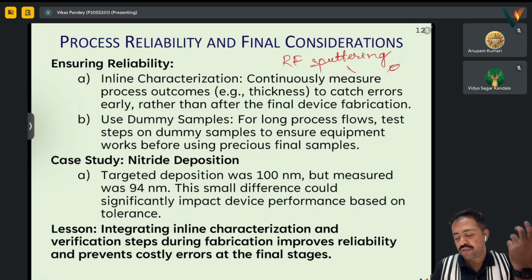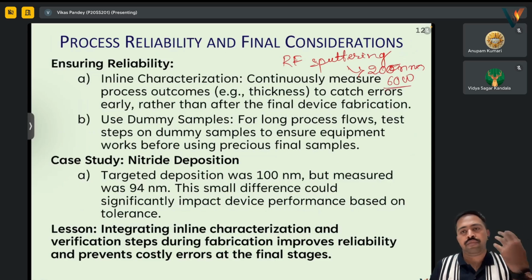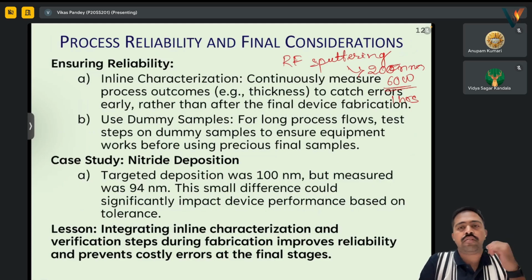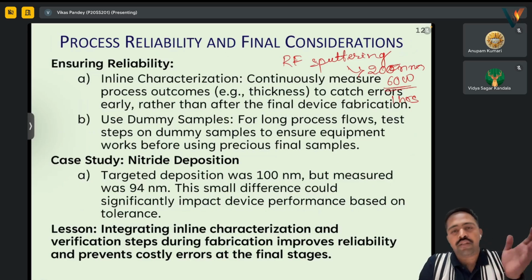And it is optimized that it gives 200 nanometer deposition at 60 watt for, say, 1 hour. Done. Now, if someone just goes to RF sputtering, puts 60 watt for 1 hour, expects 200 nanometer, and then goes to the subsequent processes,